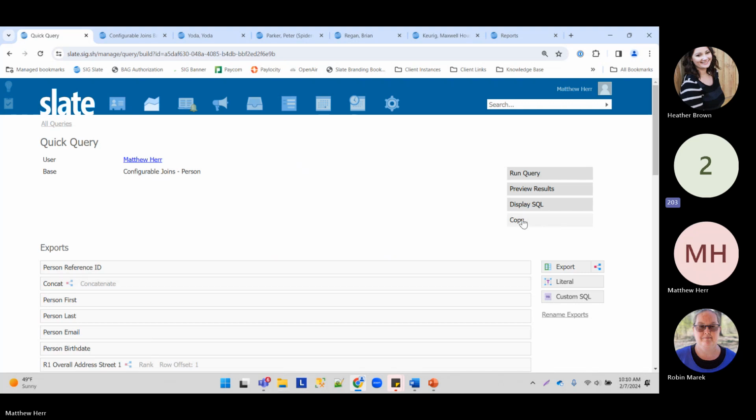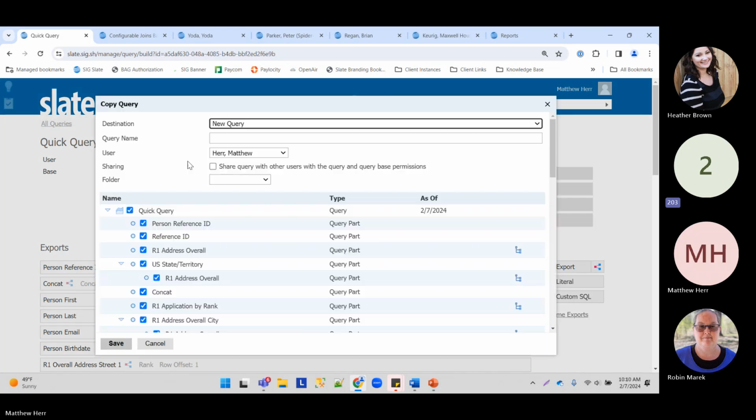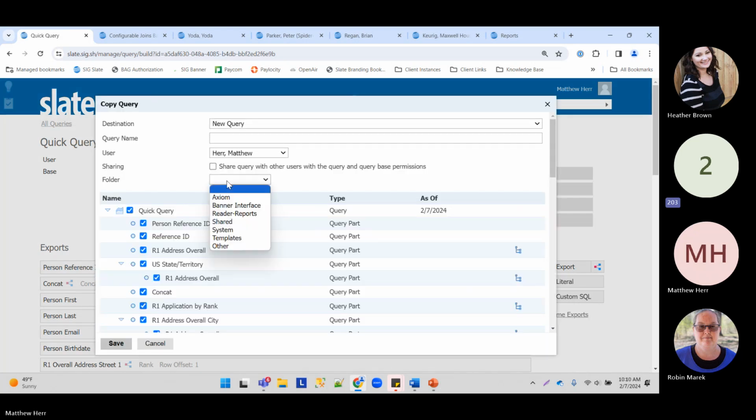Just like we learned yesterday, you can copy a query and save it. If you store it in the folder of templates and make sure it's shared, you can then share that template with others where they can have that as a starting point. A good example would be a mailing query for ViewBooks. So if this is my ViewBook mailing query, I can save that as a template